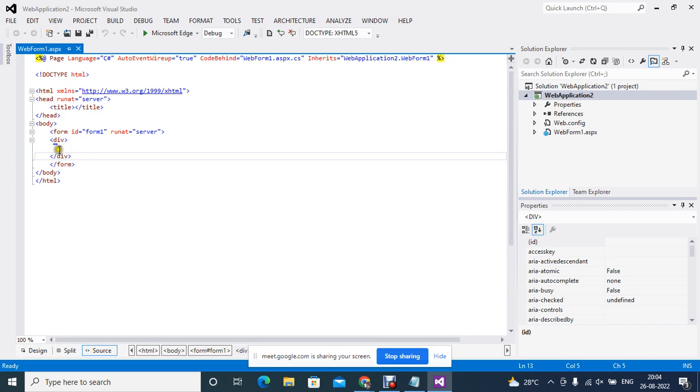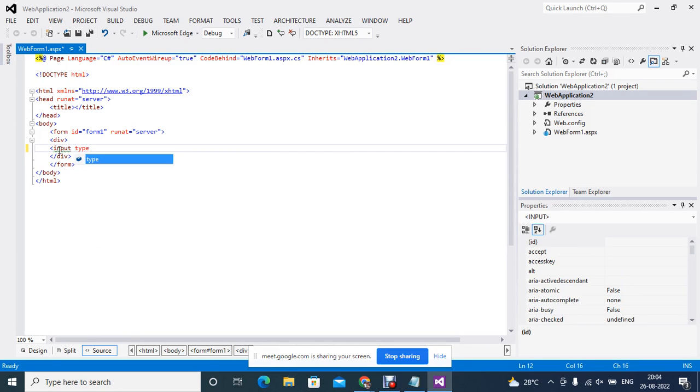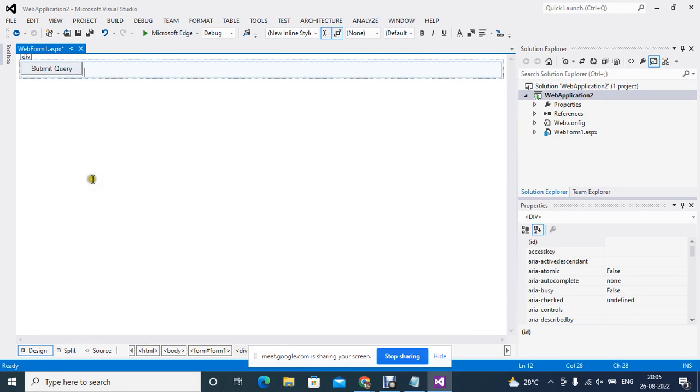If I add one button here, if I use an HTML button, input type, so what is it, a button or what, type, okay. So see, this is the front end view, meaning how the website will look. You will see the button on the website like this, and if I double click on this,